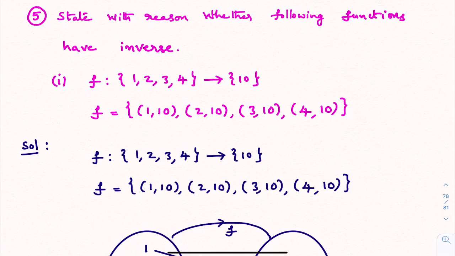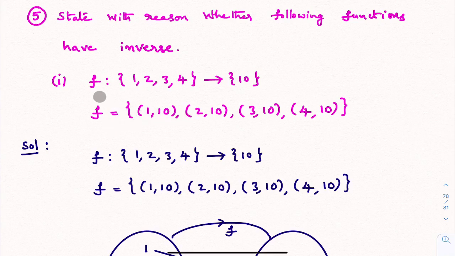What does bijective function mean? A function which is both 1-1 and onto is called a bijective function. So in this problem, total 3 bits are there. It is one of the important questions to revise how to check 1-1 function and onto function. First, I'll write the given information.